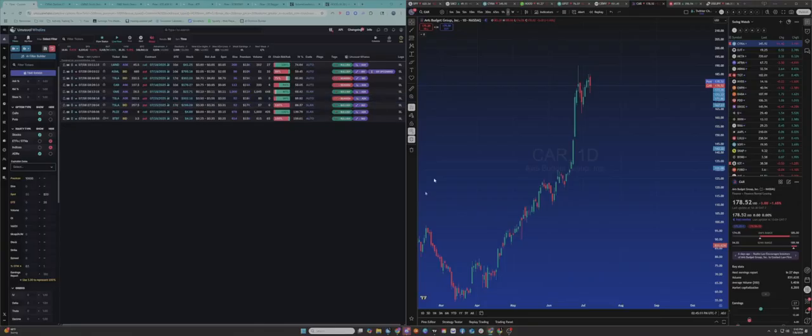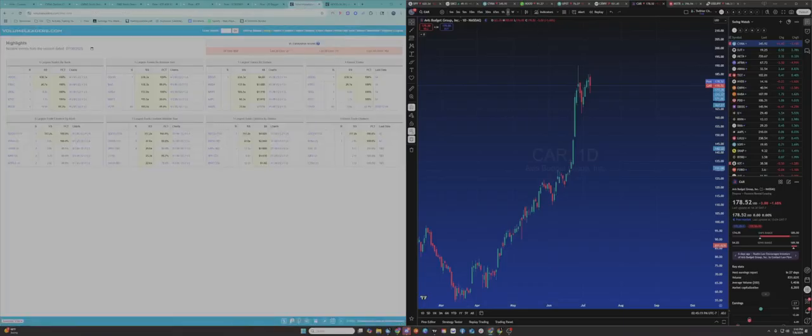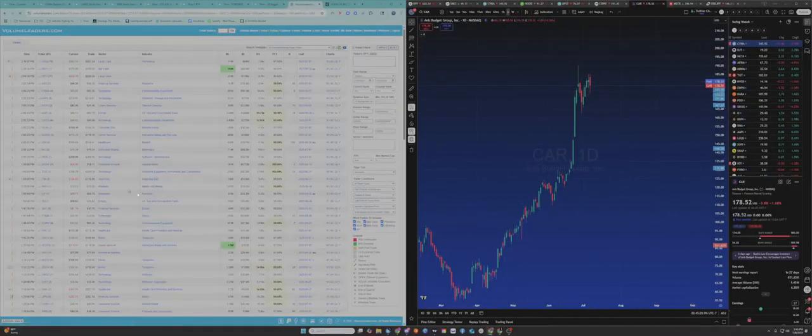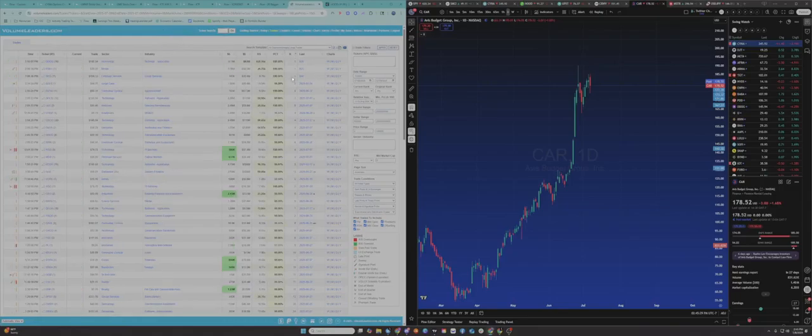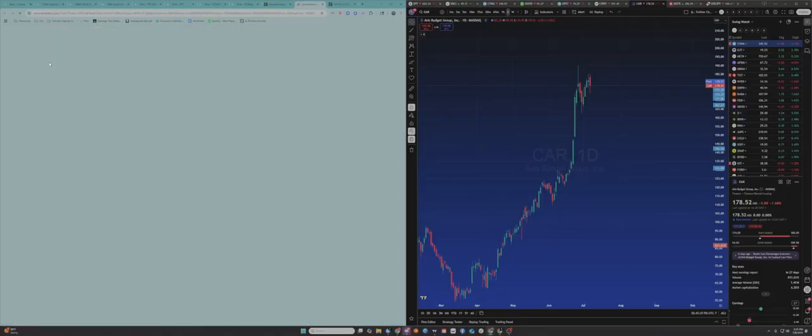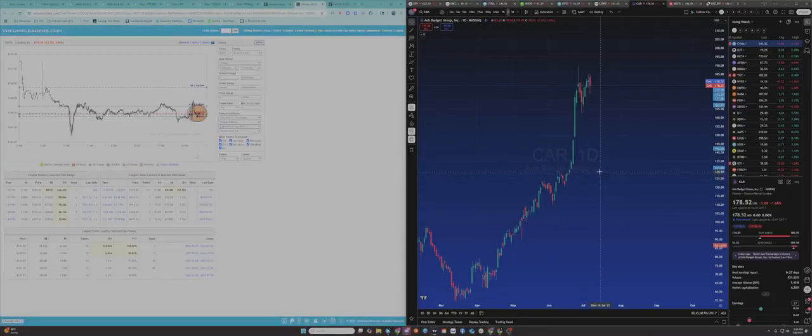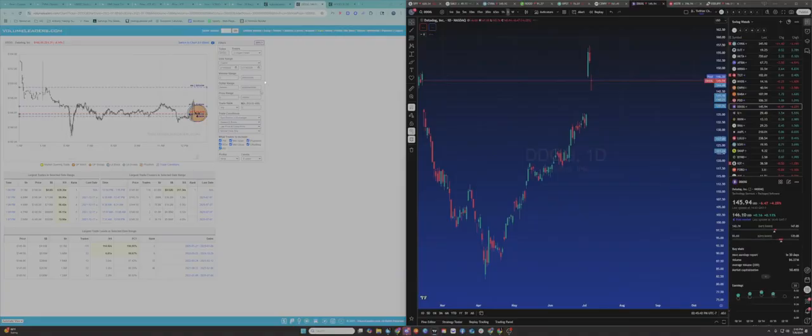So on the flow side, another one, if you want to just use straight up volume leaders, we can go to volume leaders here. On volume leaders, we get this very nice little dashboard. So we'll go to trades, and I usually just like to sort by rank, so descending. So we got, oh, what do you know there? Number one print on D-Dog. With that flow we saw earlier.